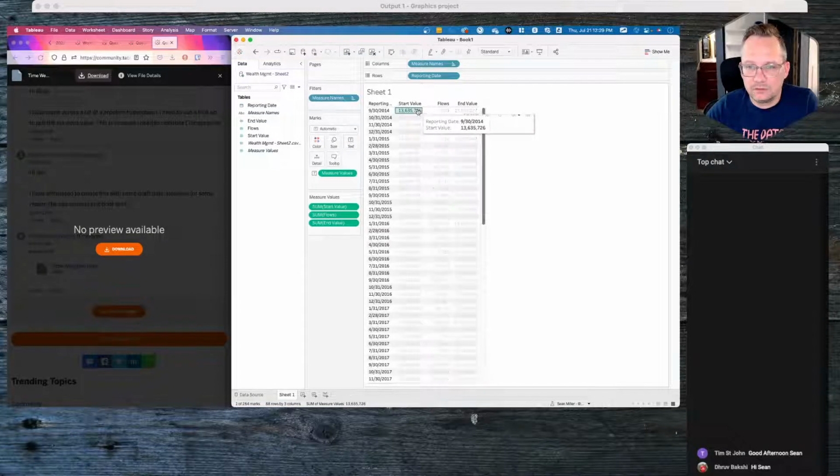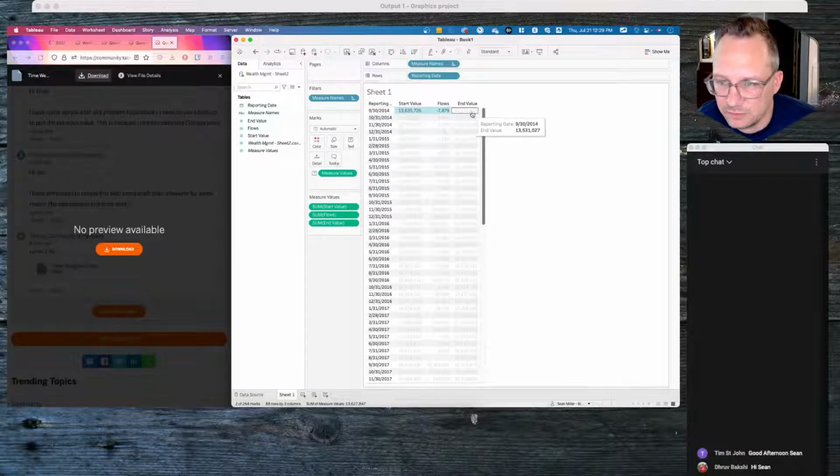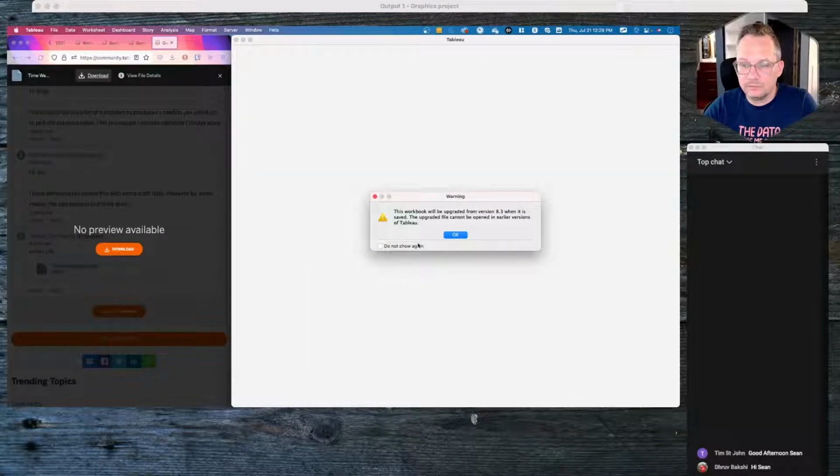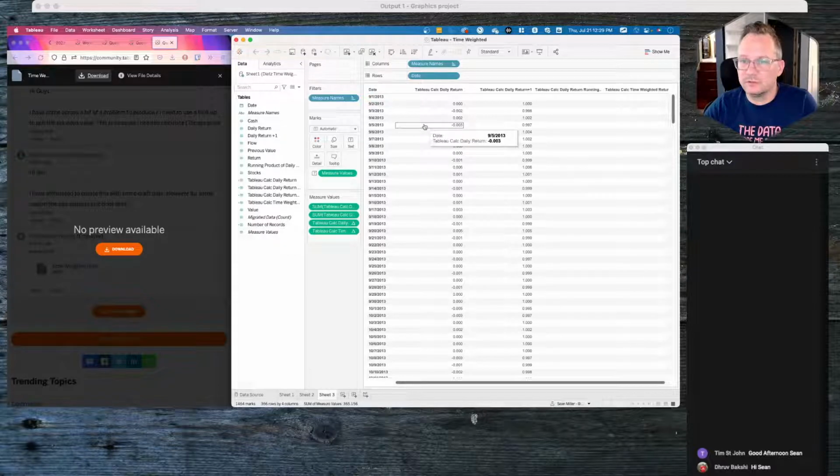let's see here. 13,627,847. Well, that minus that doesn't even equal the end value, so that's interesting. Okay, well, 8.3. Wow, look at that. I don't even think Tableau supports that anymore. Okay, so